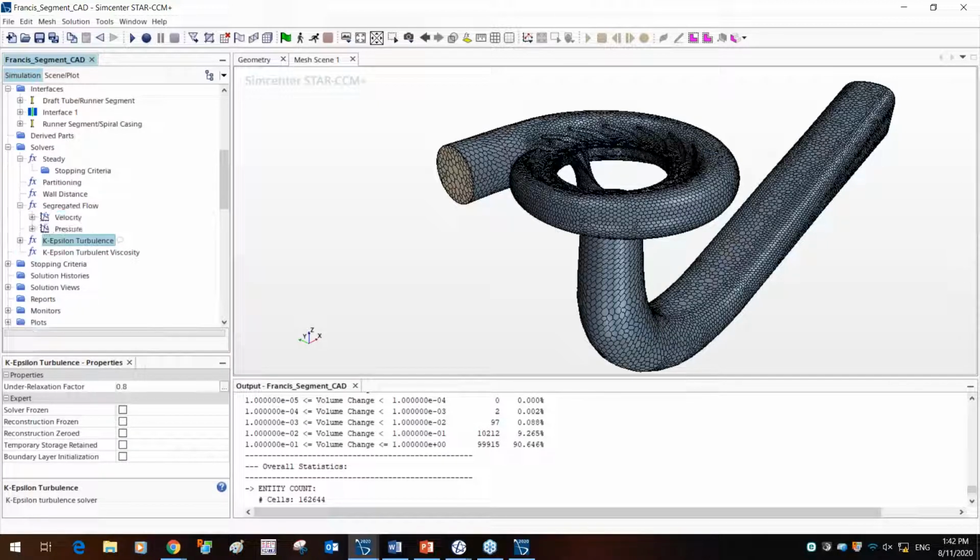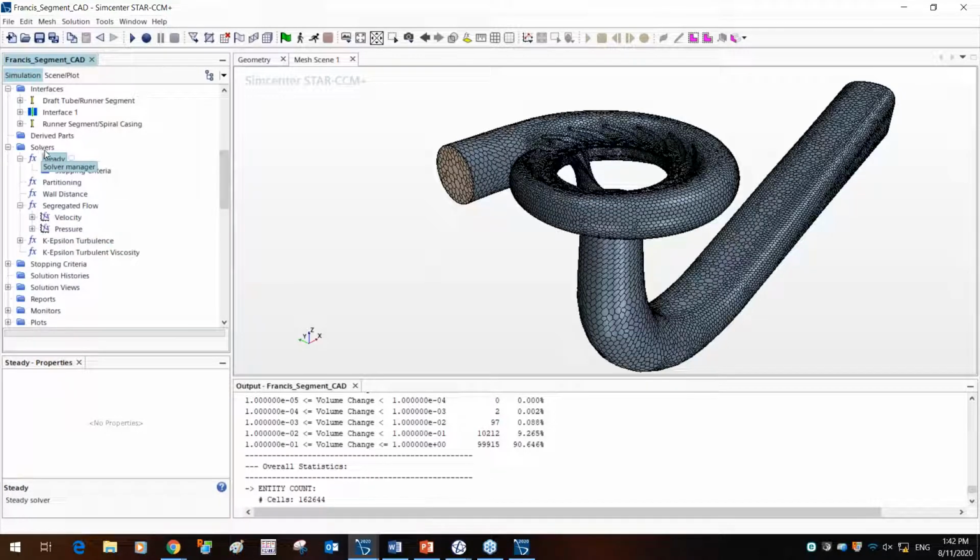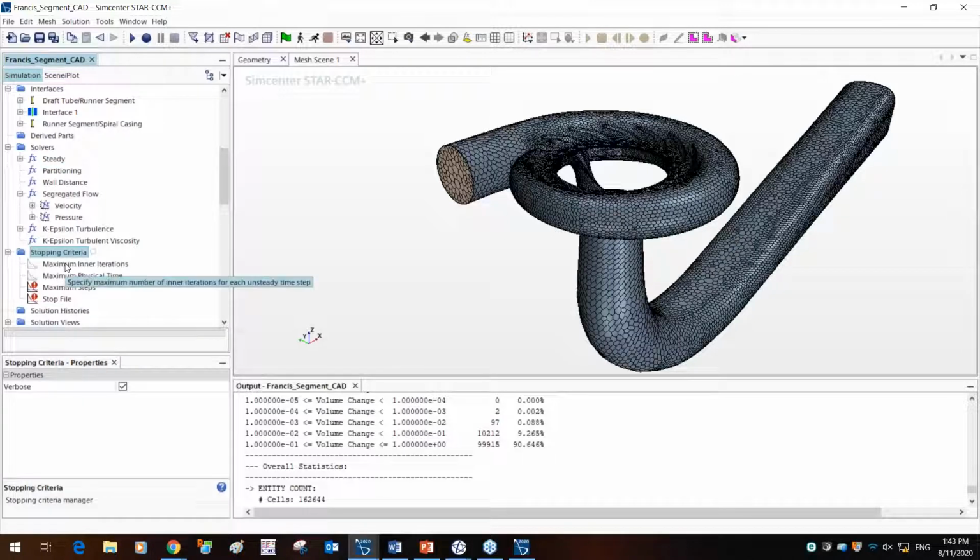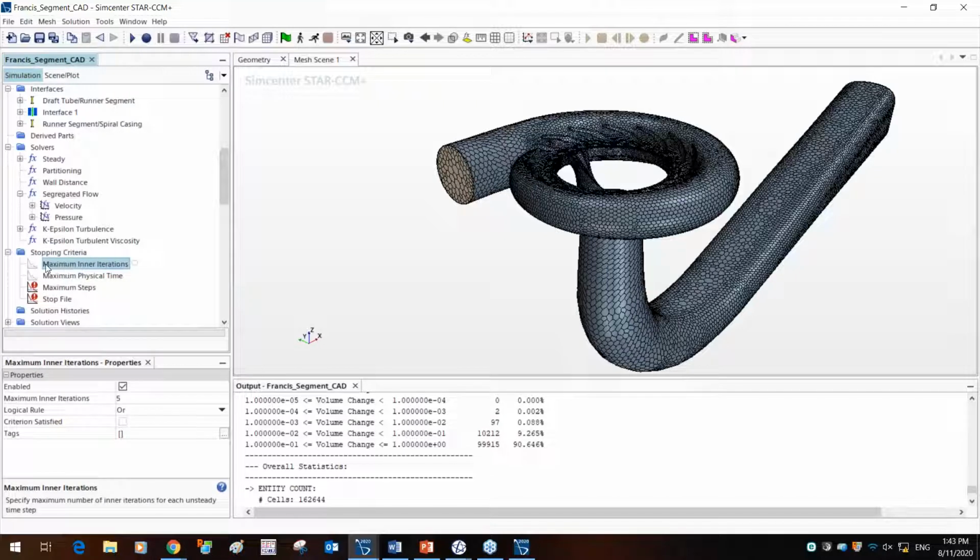One thing I do want to mention is that once you activate the unsteady solver, you're going to see the unsteady solver over here, and that's where you can change the time step for that given solver. And then in terms of stopping criteria, you have the features out here. Because earlier on I'd activated the unsteady solver, it just showed up as the inner iteration.